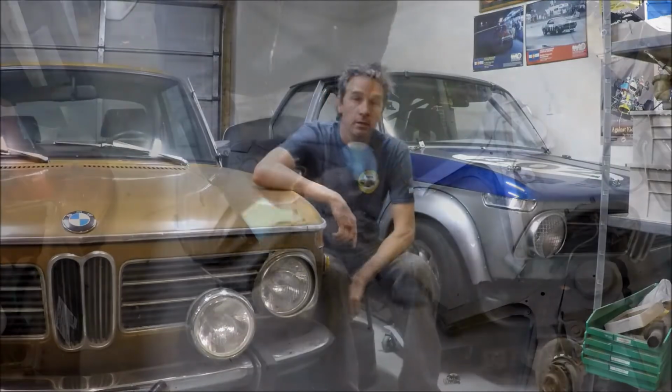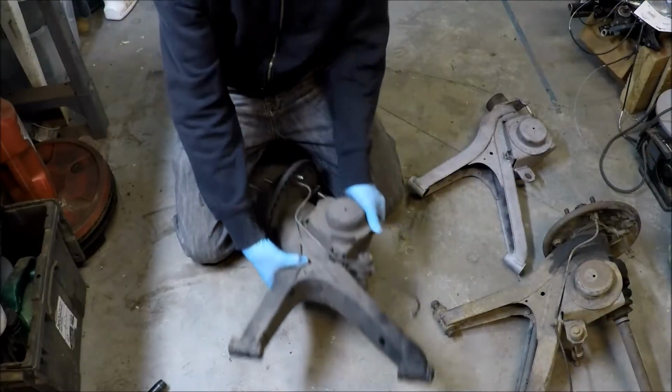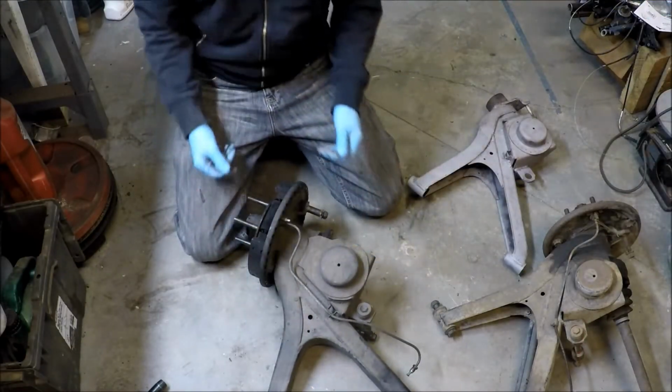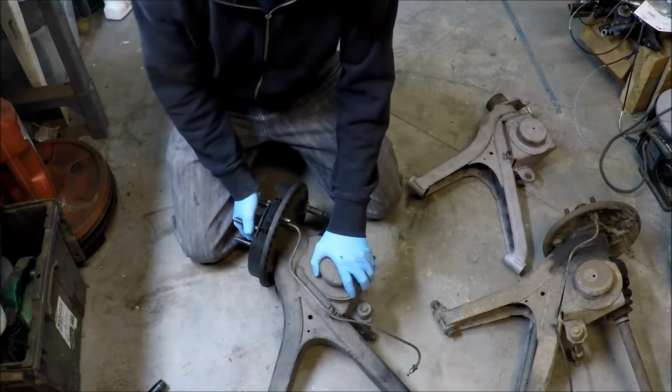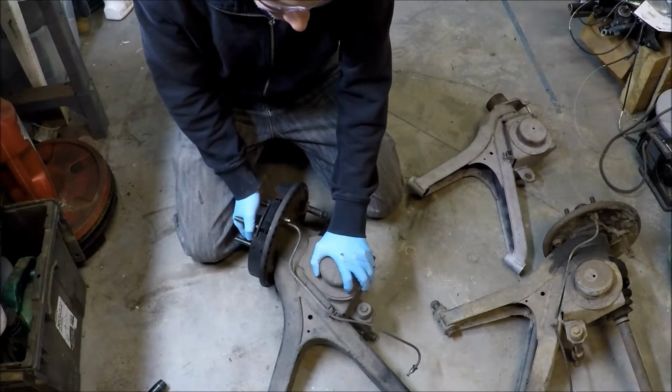Trying to keep busy. Need to do some fixing on my race car. This is the, let's see, the right rear trailing arm off my race car. And after some really hard racing this year,